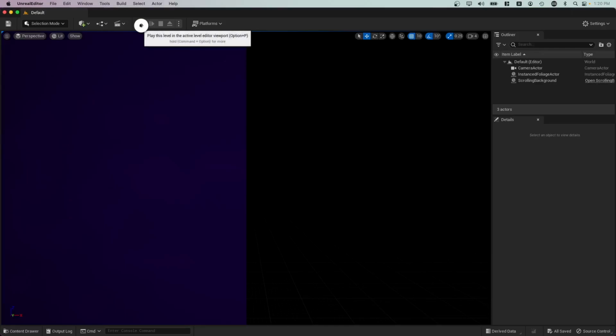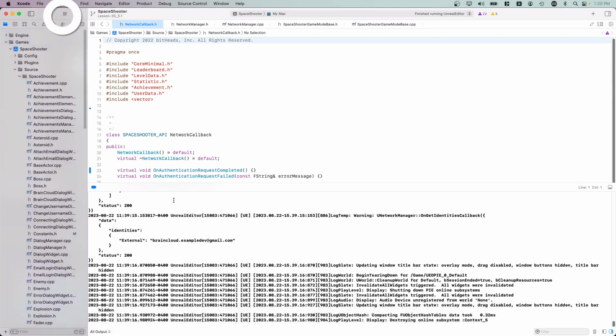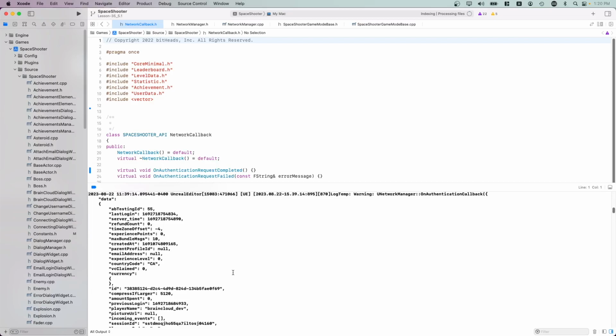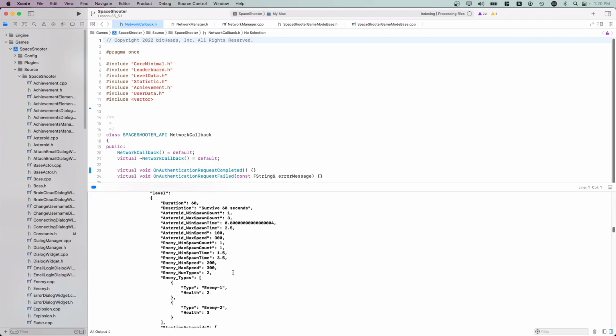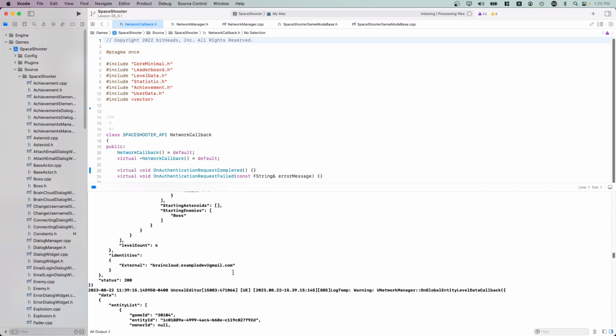Run the game. Once authenticated, stop the game. In the output window, notice that the reconnect request contains all the data that we included in the post-hook script that we wrote in the previous lesson. In this lesson, we're going to parse this data and remove the subsequent unnecessary brainCloud requests that occur after a